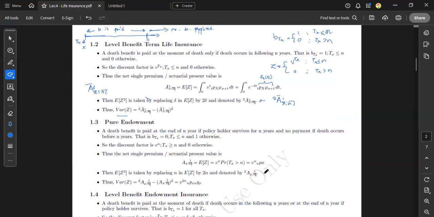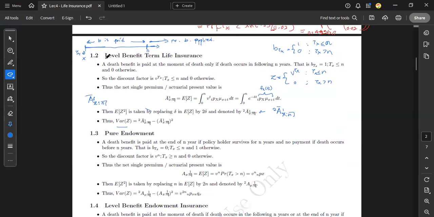And now I mentioned for the term life, the benefit is paid if the death occurs in between 0 and n. Then we can define a different type, which is called the pure endowment, and it only gives you a survival benefit. That means if you purchase the insurance at age x, your Tx becomes 0 at that point and it goes to n. And if the person survives from 0 to n, there's no death benefit, but there's a survival benefit. If that person survives to n, so there'll be